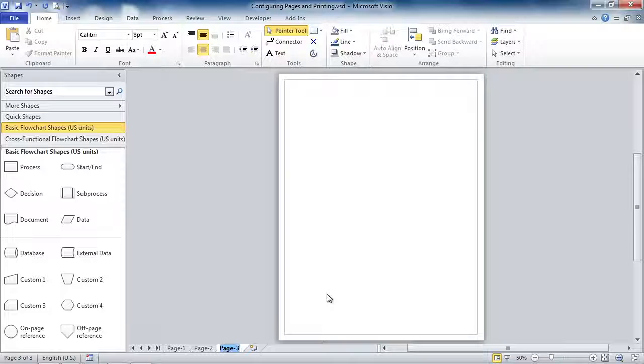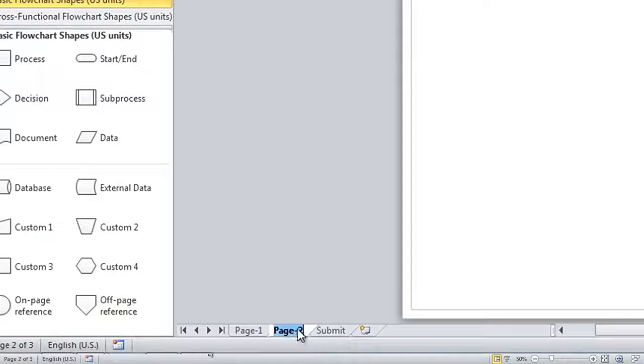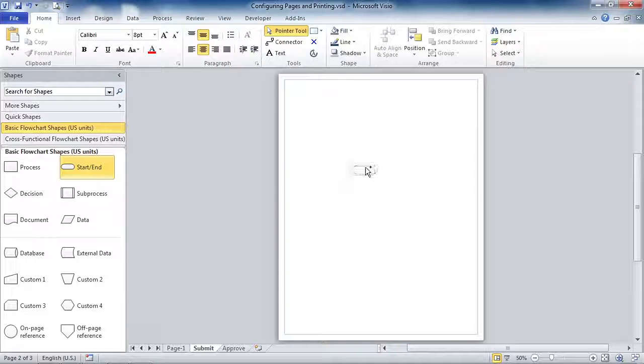I can just double click to rename them, so we'll call it Submit, and we'll call this one, what was it? I don't know, Approve, something like that. And maybe Submit should come first. Just simply drag the tab and move it over there. So I can reorder the pages easily. Super easy, and I'll just put a start block on here to remind myself that I need to do that